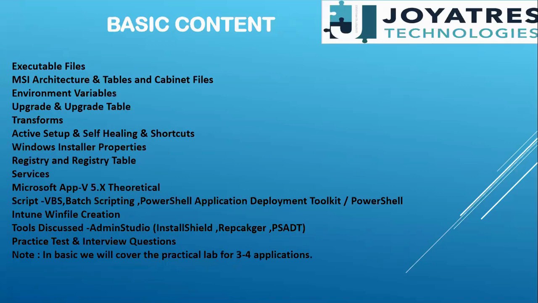So first I will be explaining the basic content. As I said, we have a few types of source file. First is the executable file, which is .exe. Then MSI architecture, tables and cabinet files. The other source file is MSI, the Microsoft Windows Installer. There are many things we have to learn as part of MSI because there are many other topics. That is what we are going to discuss on the second topic, which is MSI architecture, tables, and cabinet